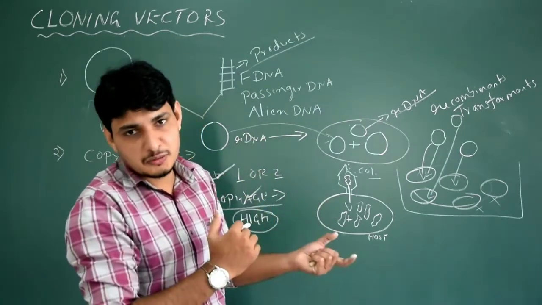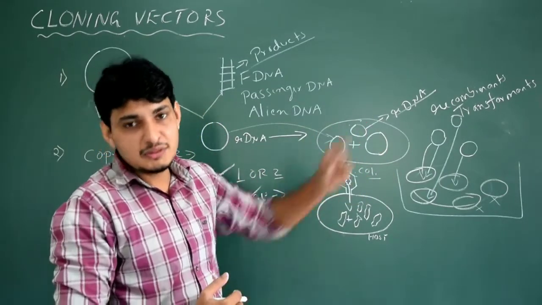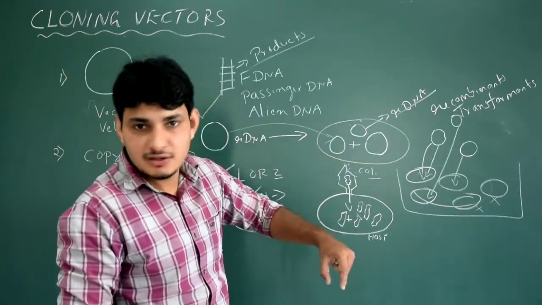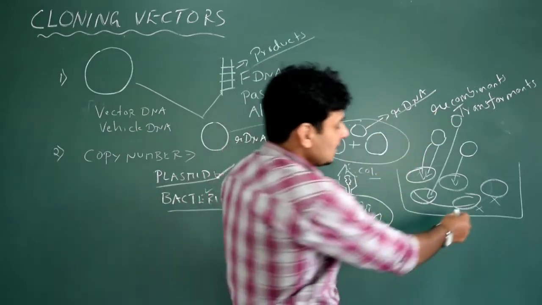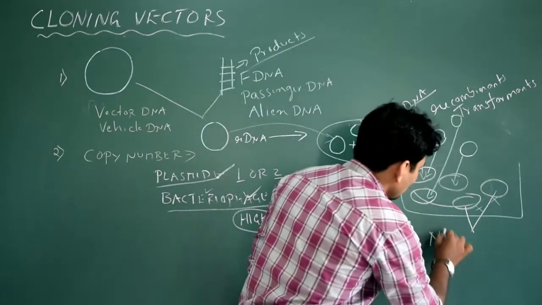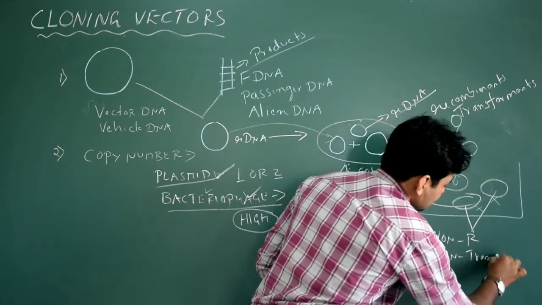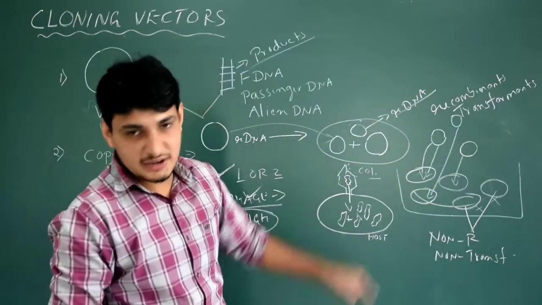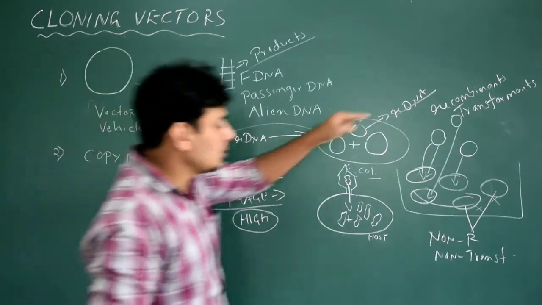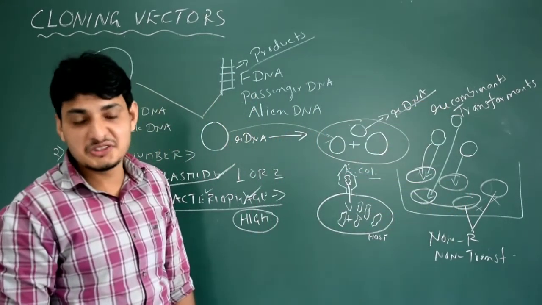Hope you know the meaning of transformation. It is the process in which a bacterium takes up the foreign DNA from the environment or from the surface. Got it? And transforms itself. So that is actually transformants. Got it? And these 2 host organisms, they have not taken up the rDNA. They are called non-recombinants. Non-recombinants, the other name is non-transformants. That's it. Yes. So note this point actually. So I have to select a type of cloning vector which helps me to select only recombinants and eliminate non-recombinants. This is very important actually.